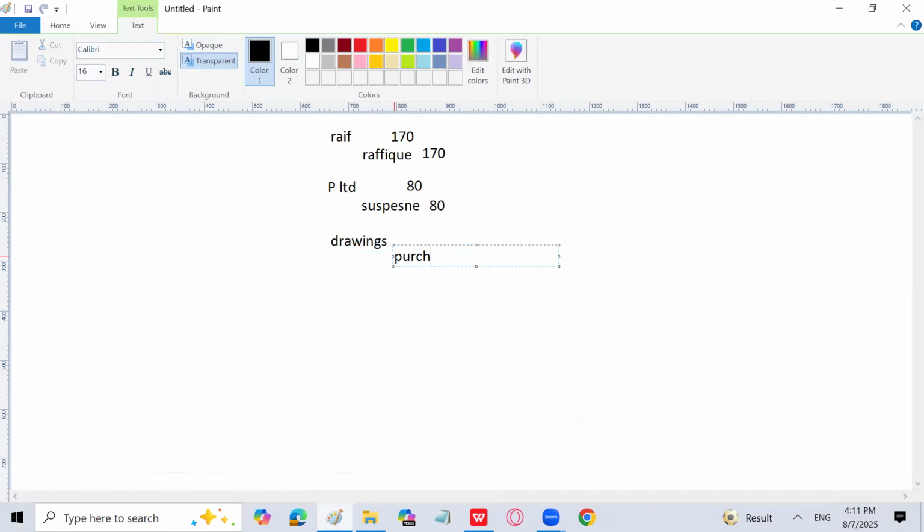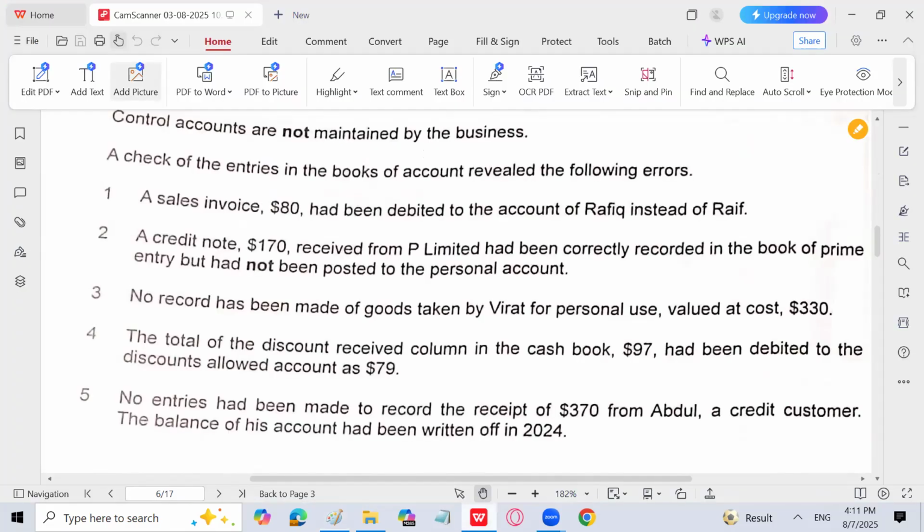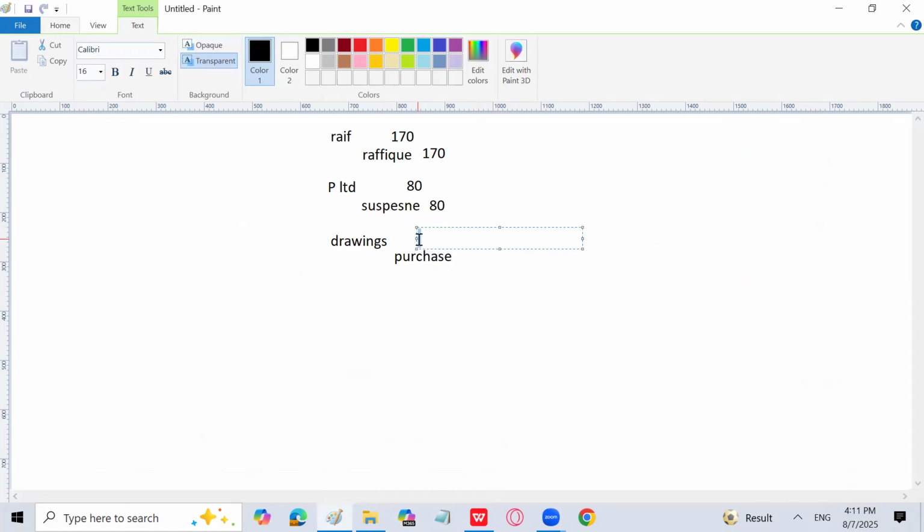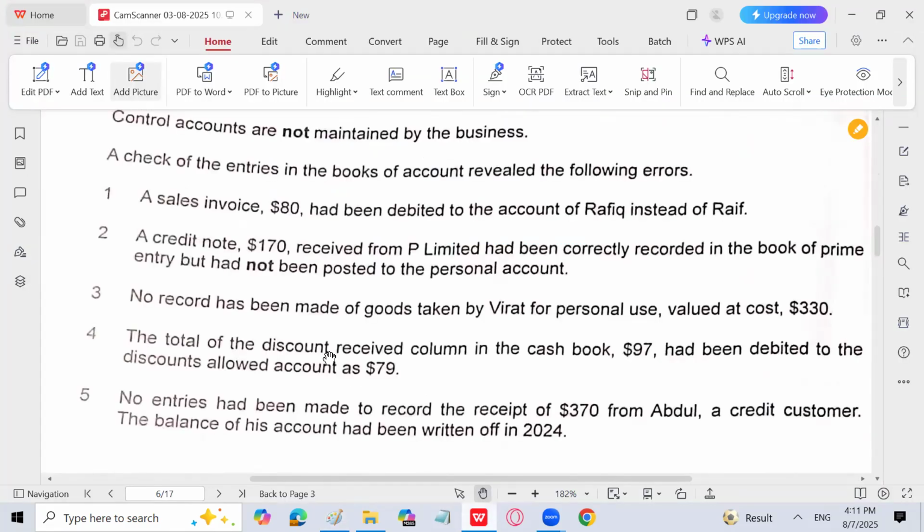The first entry is the error of commission. The second is basically suspense, and the drawings to purchases is going to be the error of omission, that you have gone for goods drawing, but you have not passed the entry. So drawings debit and purchases credit, 330 and 330. Okay. Next is total of the discount received column in the cash book 97 had been debited to the discount